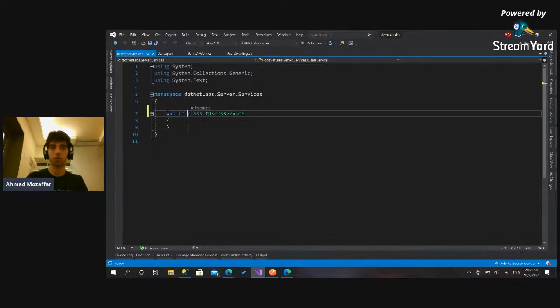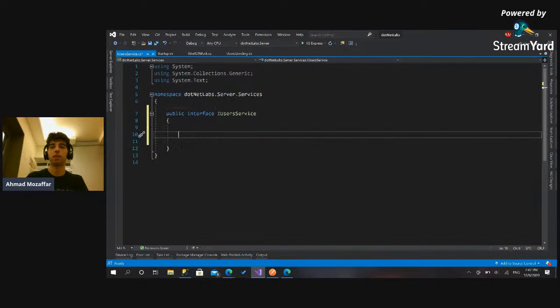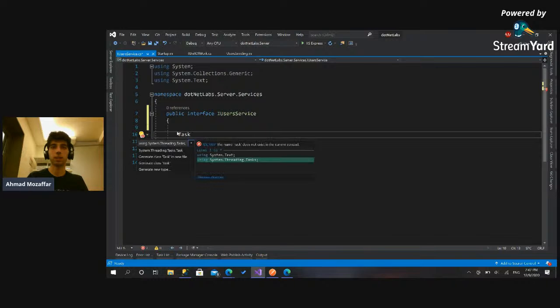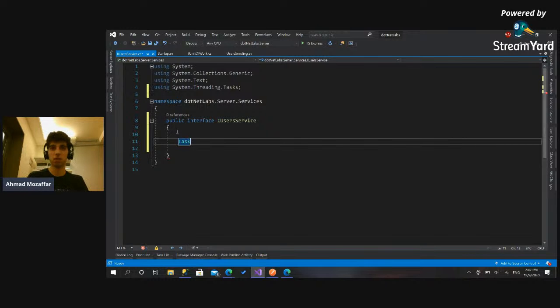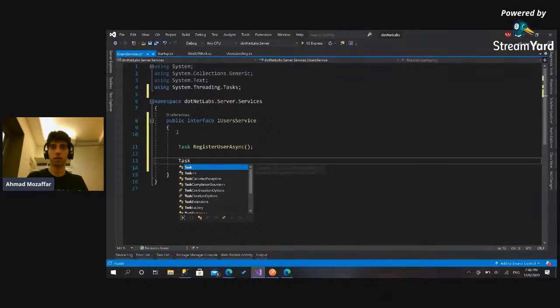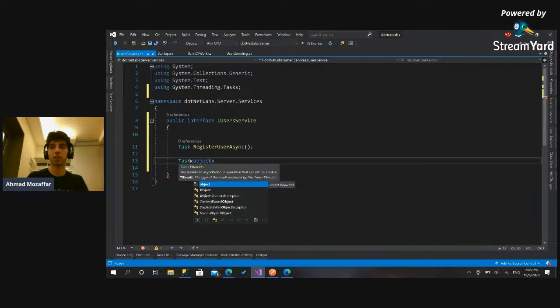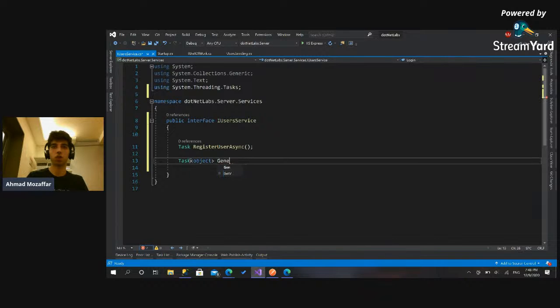So interface, just like that. And this one will be a task. And here I will call it register user async. There is going to be another one, a task. I will define the return value, but for now, let's leave it as object. I'll call it login, or generate, let's say, token async. And it will take